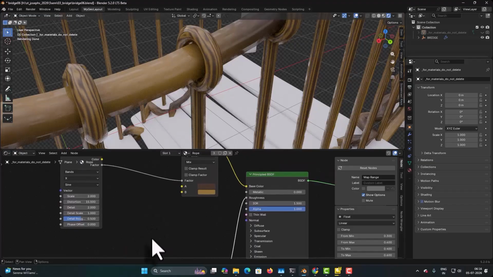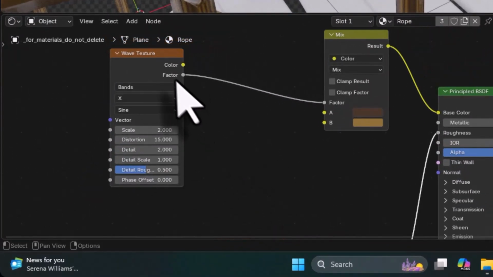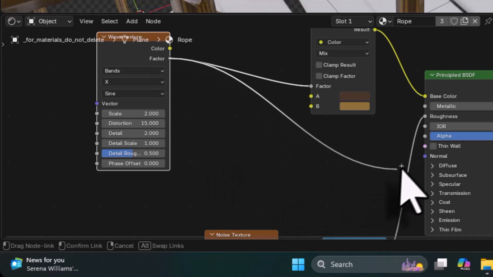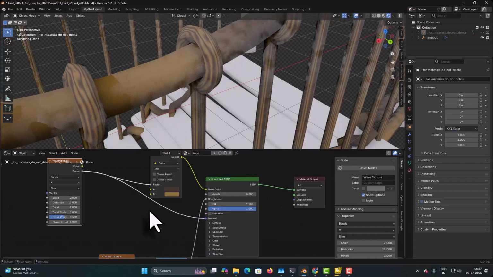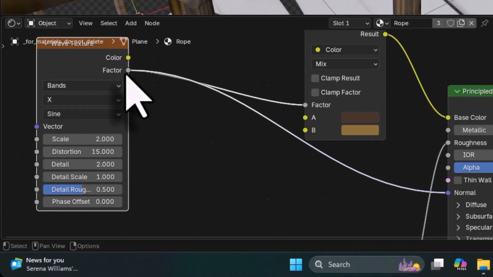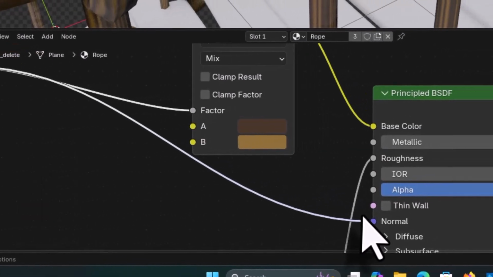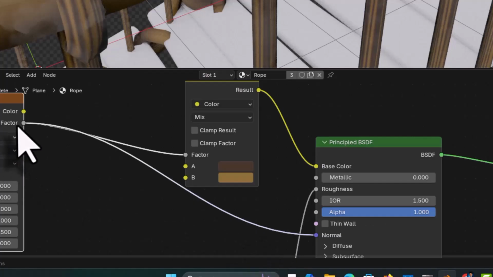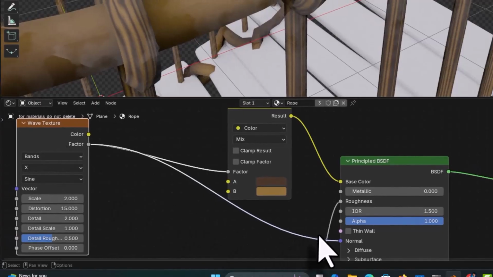To add bump, I am going to take the factor value of my wave and connect it to the normal of my principled BSDF. So I will take the wave texture factor, drag it, and connect it to the normal. You are not seeing much of a difference because the factor here is black and white data, whereas the normal you are seeing is blue. This is a vector. So to convert the black and white data coming from the wave texture into vector data, I